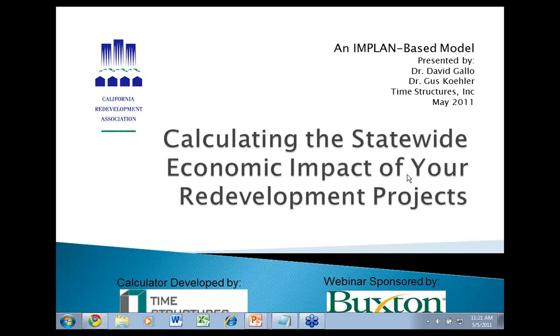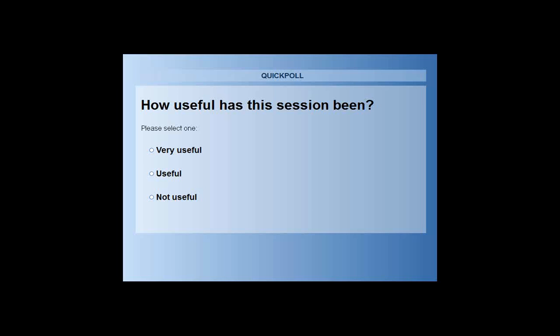Finally, we would ask you how useful has this session been for you. Quickly, if you would give us your response as to how many of you found this session to be useful in terms of understanding how to use the jobs calculator or understanding the workings of the in-plan model. All right, the great majority have found it very useful or useful. A handful has found it not useful. We would appreciate an email message to either Gus or myself